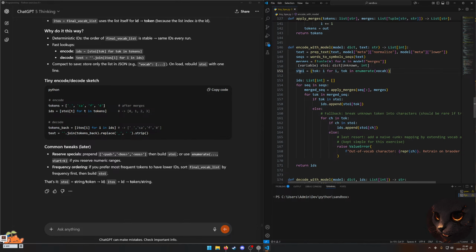And then we have this story variable here, which is a... Oh, what was that? The meaning of story. We had ethos and story. Even though we have the information here, I think. Yes. String / token to ID for story. Ethos is ID to token / string. So this is for the encoding and decoding, I think. And since this is the encode with model function, I suppose we're